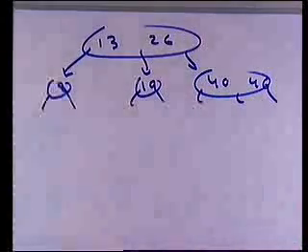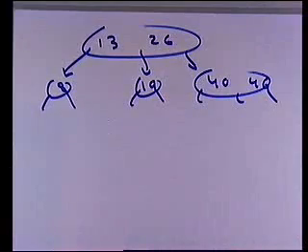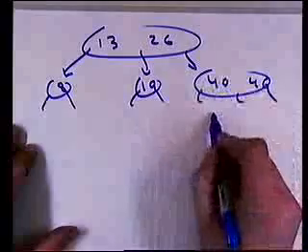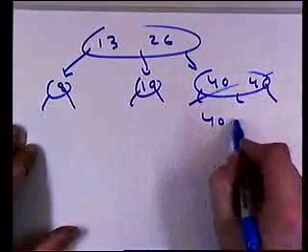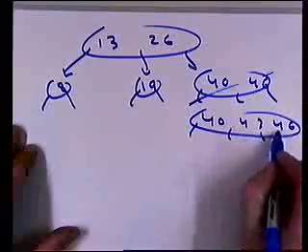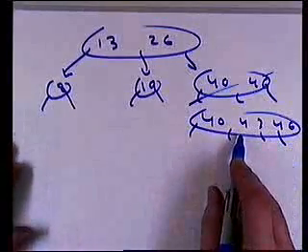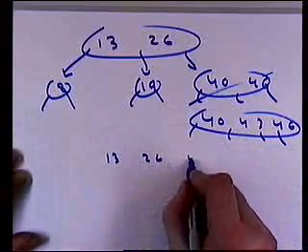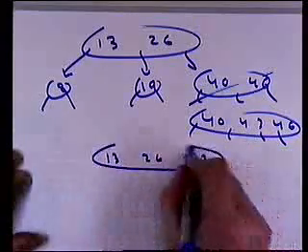And then the rest of it I'm not going to draw. But let's say for some reason we had it split here, and this node became something like 40, 43, 46 instead. And so this would split, and the root then would look like this, where we'd have 13, 26, and 43,